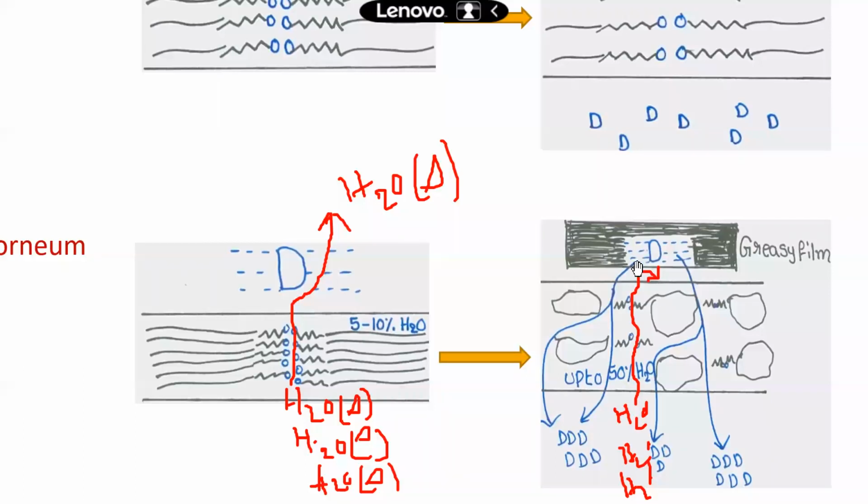If we apply the greasy layer, the greasy film, what happens? The water passes and enters. Once it reaches the edge of the stratum corneum, this greasy film can repel the water, but the repelled water cannot move in a backward direction, because this path is reserved only for water that will always move in the forward direction. There is no backward direction. That's why most of the water will be deposited in between the greasy layer and the stratum corneum.